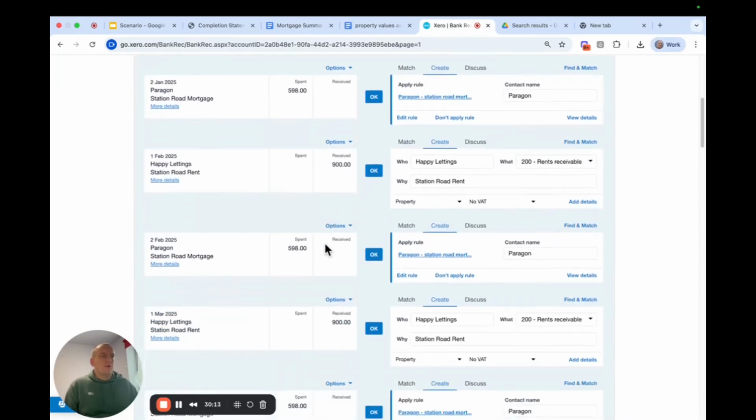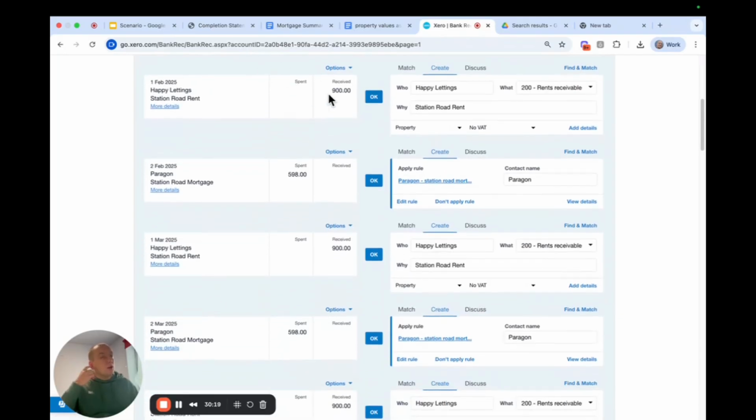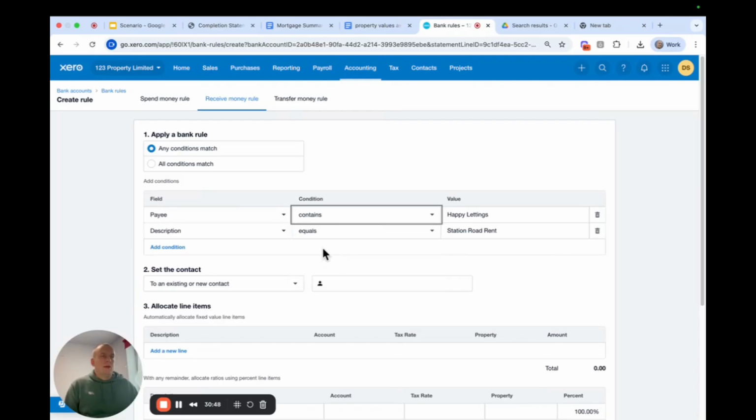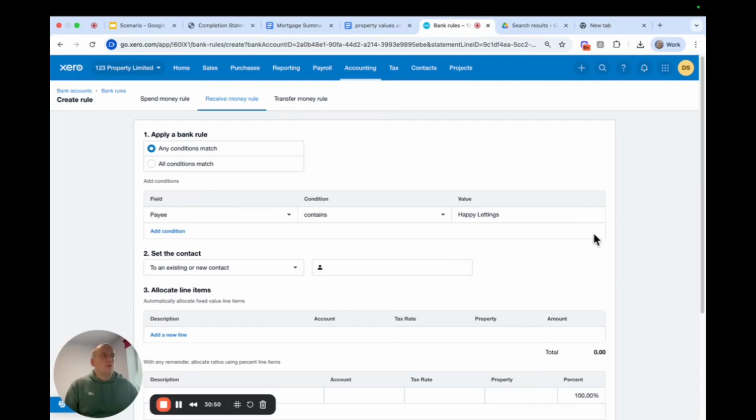So keep going through. So we actually click some of these now. So Paragon Station Road Mortgage. So this is one. Remember earlier on we had a transaction that was similar to this, and we basically put the details in. It's now looking to copy that going forward, but we're going to again set up a rule. So we're going to click Create Bank Rule. Okay, again we're going to link it to Happy Lettings, and again it'll probably have a reference number after it,